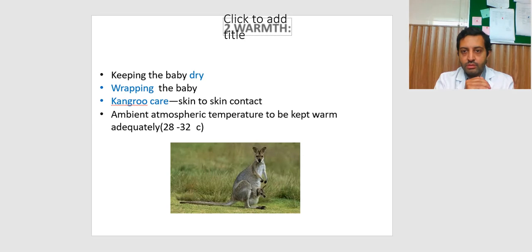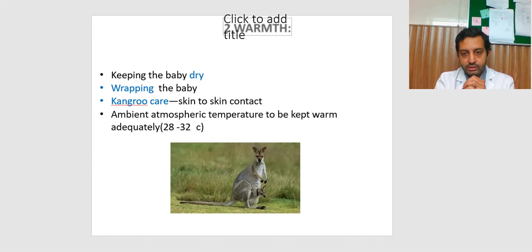Maintaining the temperature and providing the warmth to the newborn baby is of paramount importance. If a baby who is just delivered comes to outer environment and gets hypothermic, so hypothermia is a major killer, and in the presence of hypothermia the metabolic pathways of the body slow down, and the outcome of a baby with hypothermia may not be so good. So important thing is to provide the warmth to newborn baby, and this is provided first. We make ready a radiant warmer to receive the baby, to provide a good temperature over that, and we provide